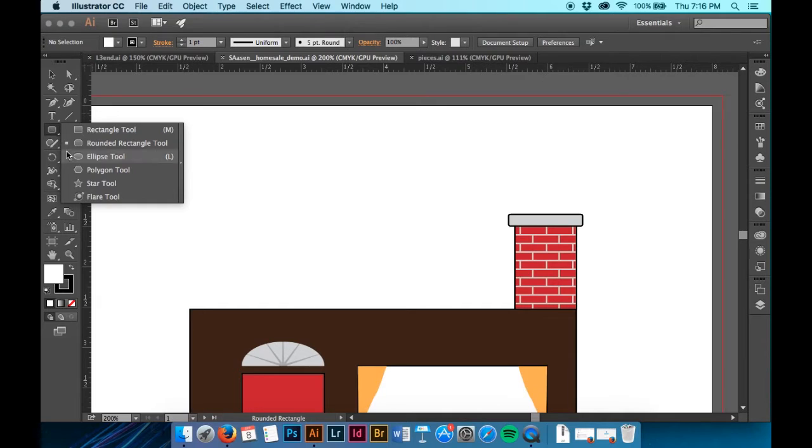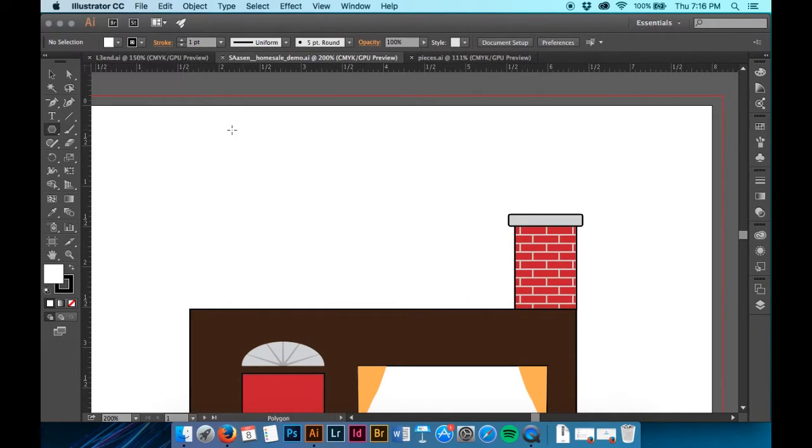And nest that back in there. And we're going to go to our polygon tool. Now if we draw a polygon, poly is many, shape, poly, mini, gon, shape. And we're going to go down to make a triangle. We're going to hold down Shift, and we're going to make our triangle with a width